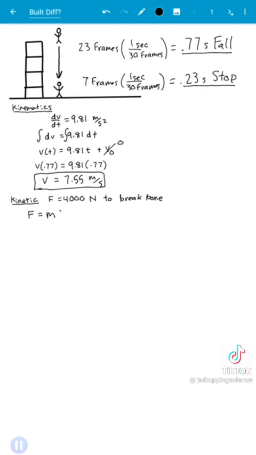Anyway, now we'll use Newton's second law, again replacing acceleration with the time derivative of velocity. Just like we did before, multiply the dt to both sides, and we get F dt is equal to m dv, which we can now integrate. This will be a definite integral from 1 to 2, where 1 is the starting point before impact and 2 is after impact. Is the mass of Mr. Built Different a function of velocity? Well, unless he's burning some crazy amount of calories on the way down, no, it's just a constant and we can take it out. Now we evaluate our definite integral and we can write it as m delta v.